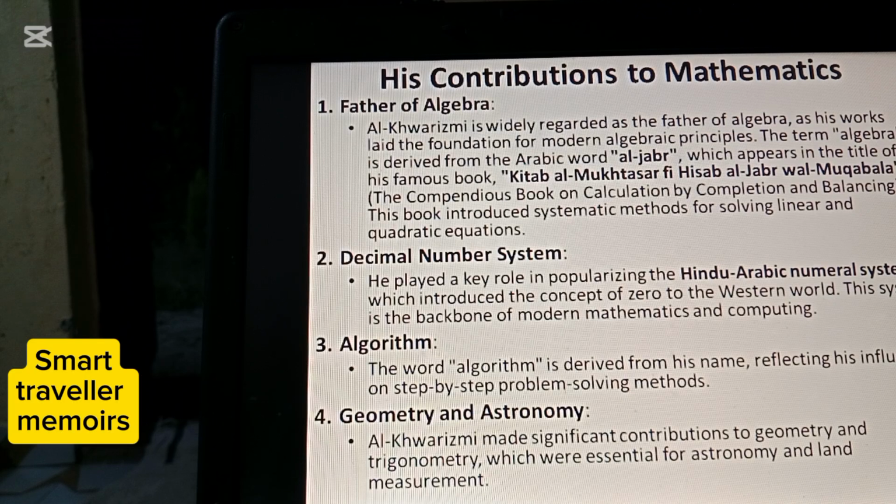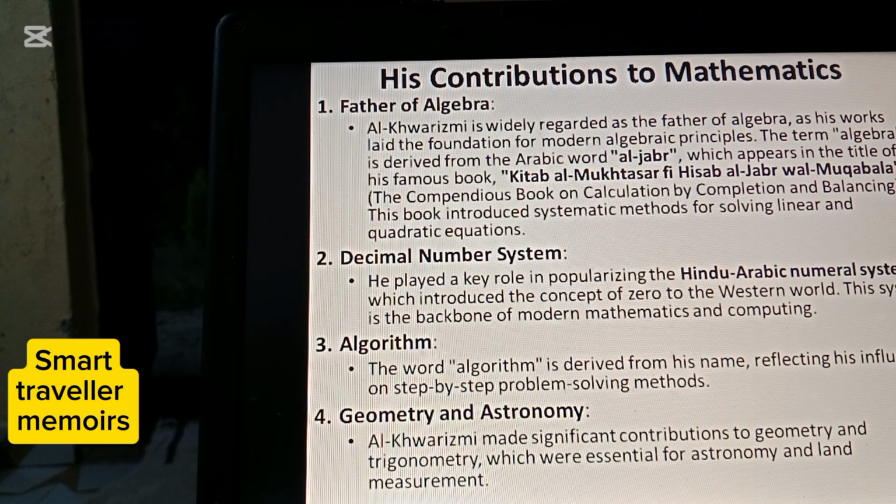His contributions to mathematics include the following. Number one, father of algebra. Decimal number system. Algorithm, geometry, and astronomy. So in algebra,